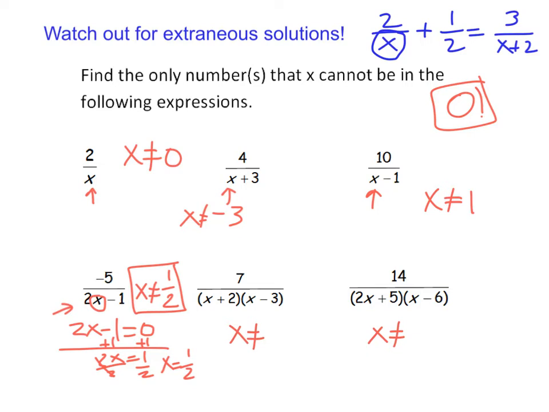All right, so for the first one, this one here, there are 2 different values that x cannot equal. X cannot equal -2, because if x equals -2, we're going to put that -2 in here, we would get -2 plus 2, which is 0, and then 0 times anything would be 0. So x cannot equal -2, and x can also not equal